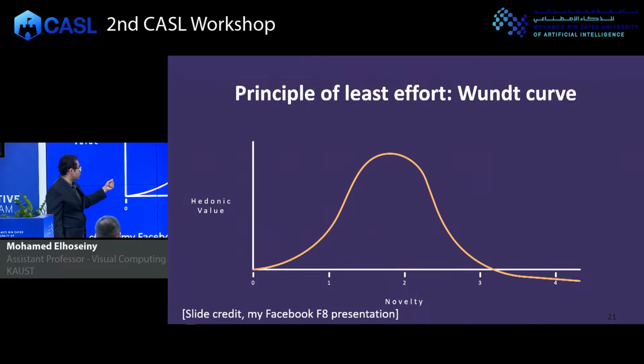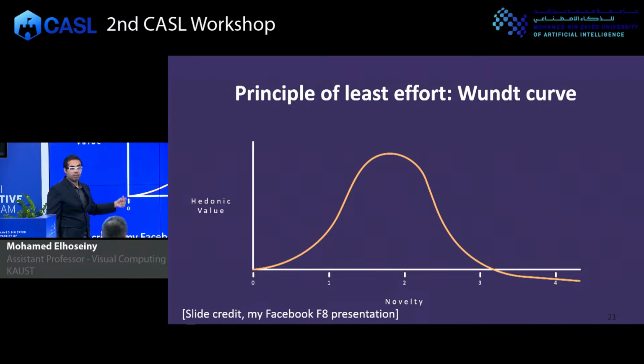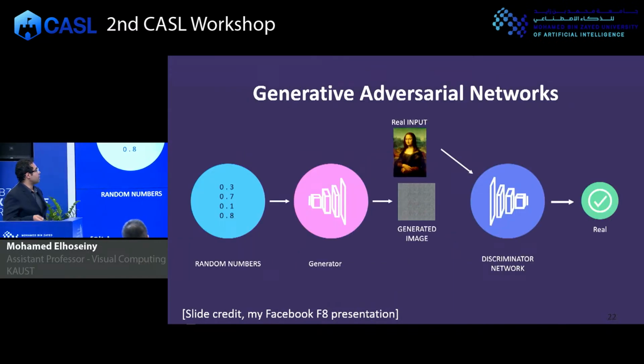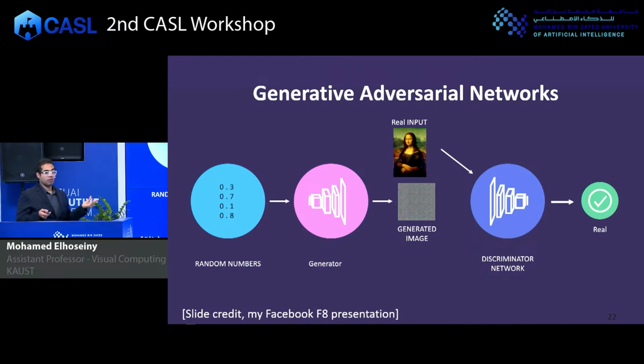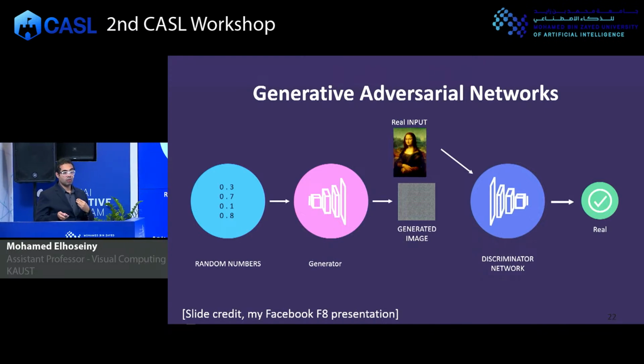If the work is not novel, people may not like the work, but as novelty increases, people will start to like the work more and more, but not for too long. When the work is too novel to understand and to relate to existing concepts that we know, such lack of understanding will lead to lack of appreciation. All right, and the idea is how do we model such kind of deviation in a machine learning model?